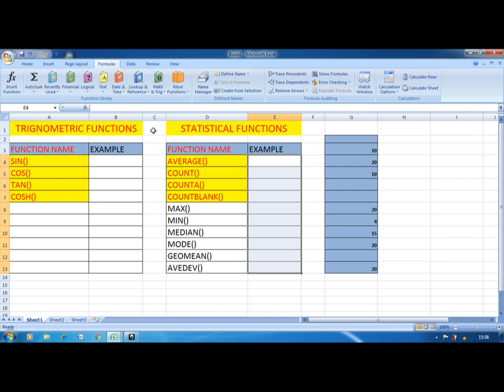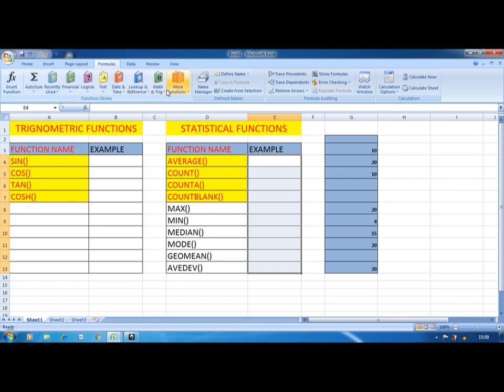Here I have mentioned some of the trigonometric functions, which we normally learned in PU1 and PU2 science. Here the sine function, then the cos function, the tangent function, and the cosec function.